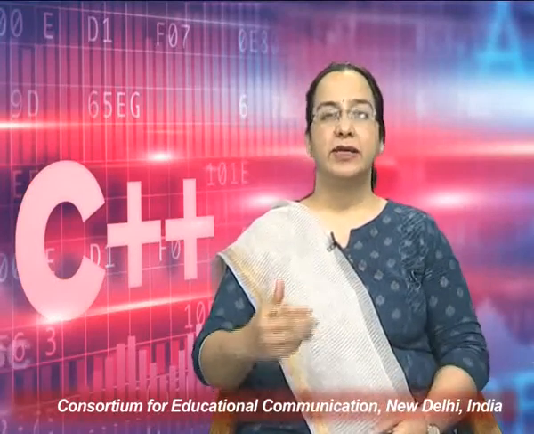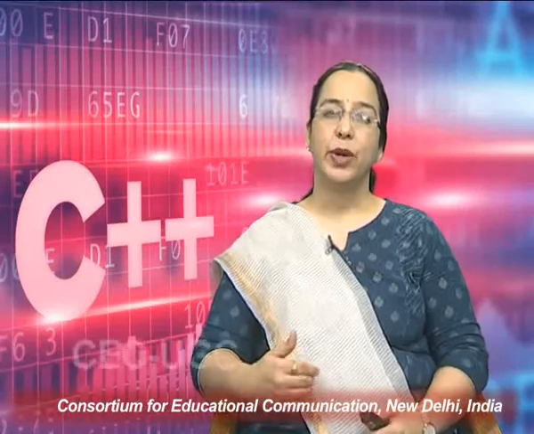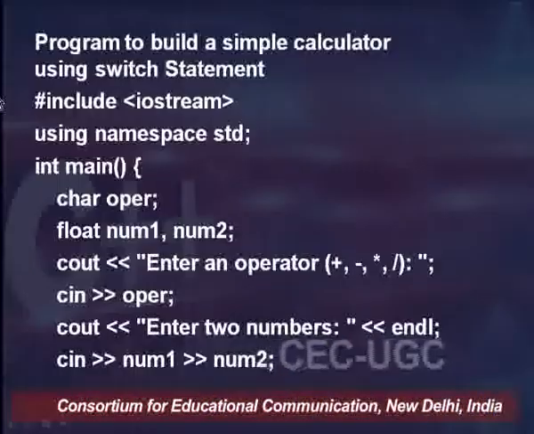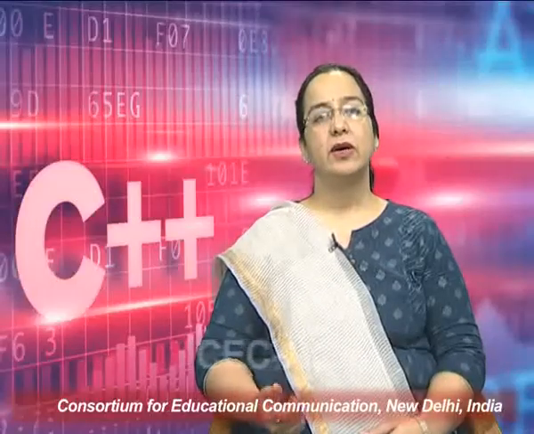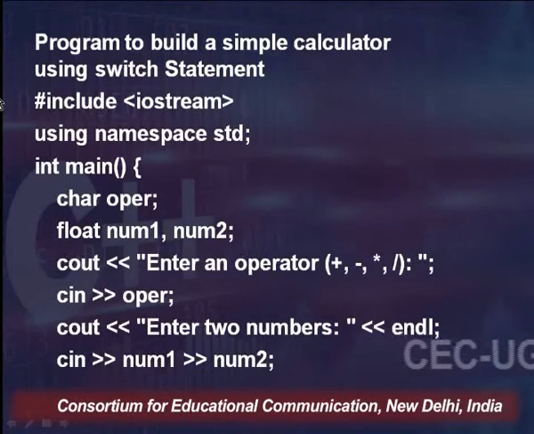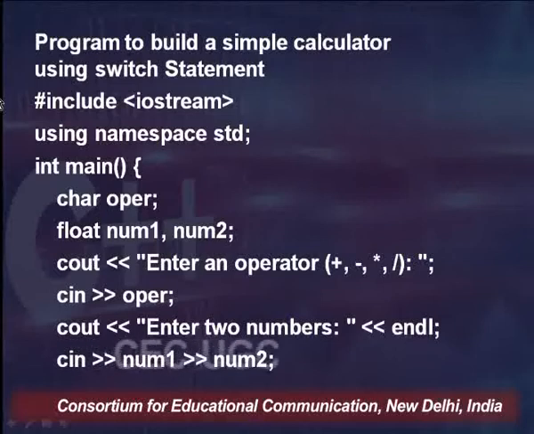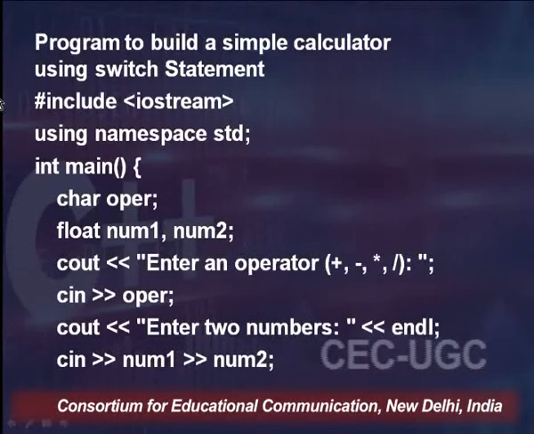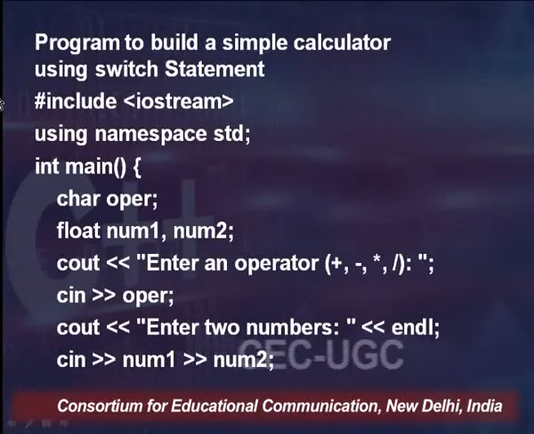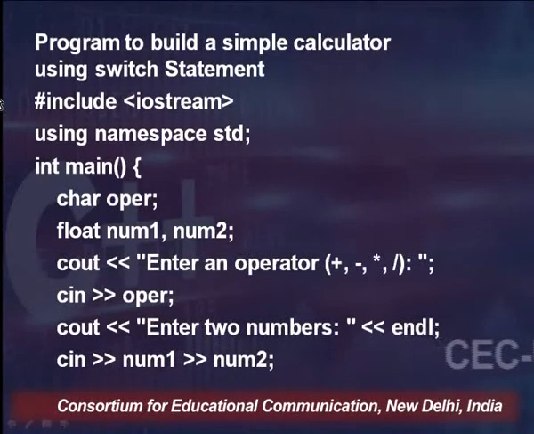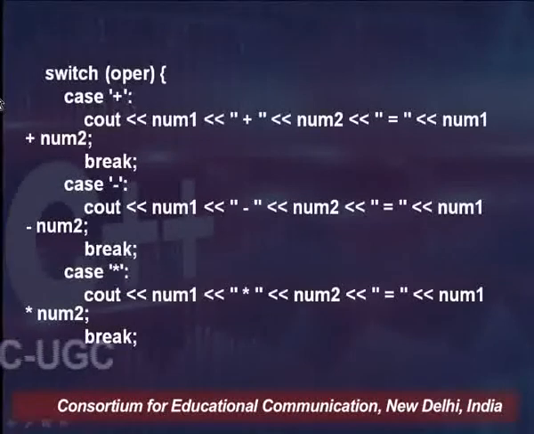So, for this let us have a quick look at this particular program, which is the program for a simple calculator using the switch statement. So, I am just coming inside the main. There is a character variable for which operation I need to perform, then two numbers num1 and num2. The three values have been asked from the user, and while taking the value for the operation, we have specified through our cout message that the user needs to enter the operator plus, minus, multiplication or division, and then